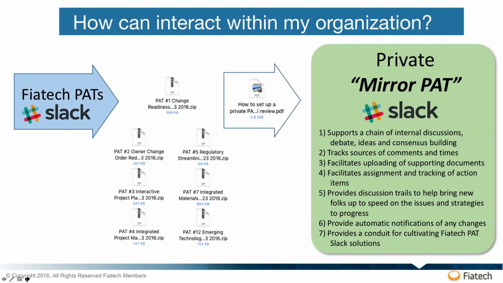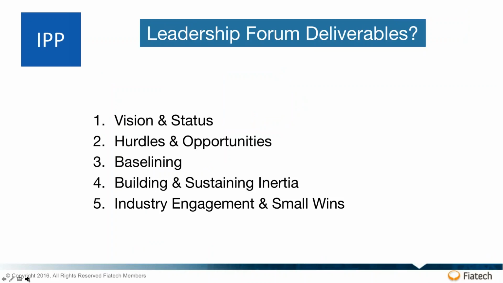So I mentioned it already, there's a Slack environment where you can download the attribute success enablers from all the various paths that you see here on your screen. It allows you to have conversations internally, and from that you're able to conduct discussions. You can do product development, strategic development strategies, things like that. And at various points as you progress through, you'd be cultivating understanding and insight, and you'd be uploading various solution strategies and issues to the overarching Fiatech Pack Slack environment.